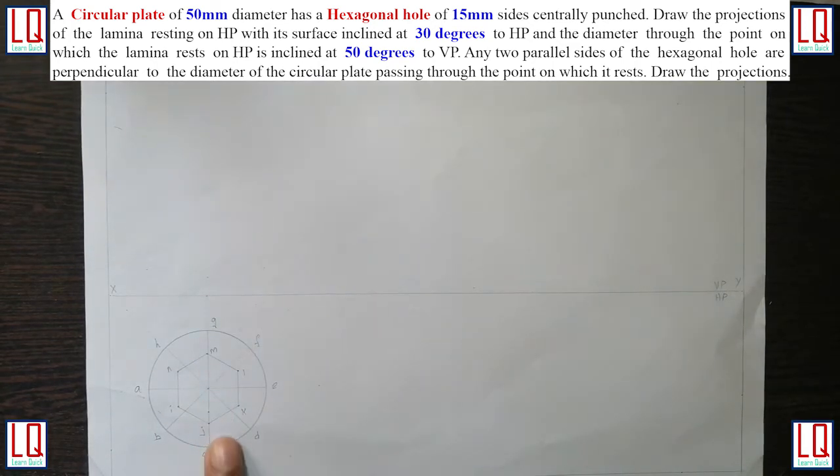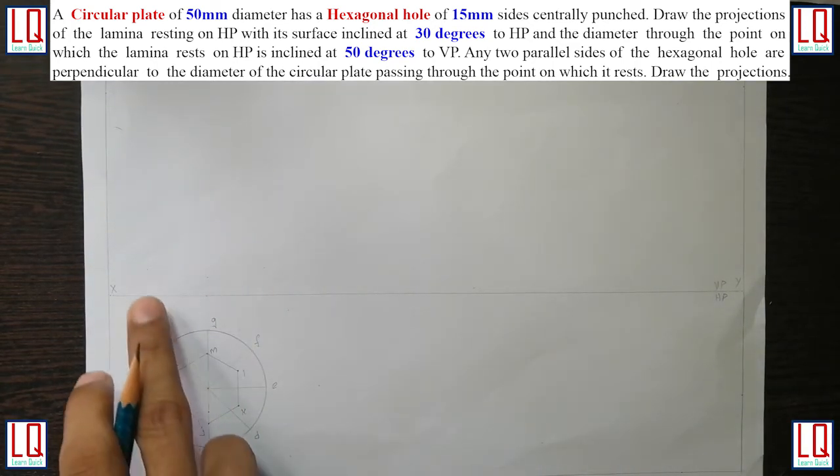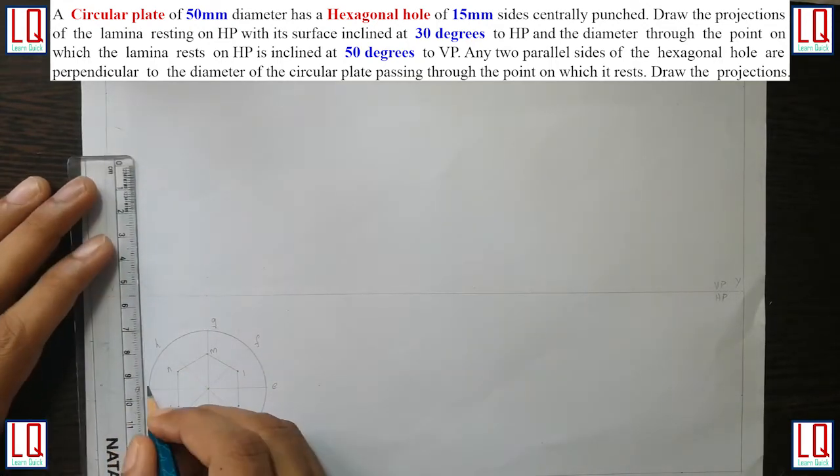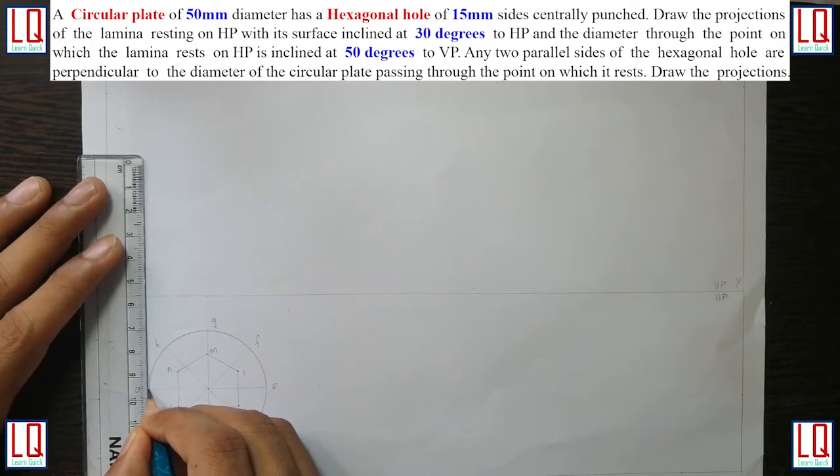When we view this plane from the front view, it will be visible as a straight line. So we project all the points from the circumference and all the corners of the hexagon to my VP. To do this, an engineering drafter is recommended.